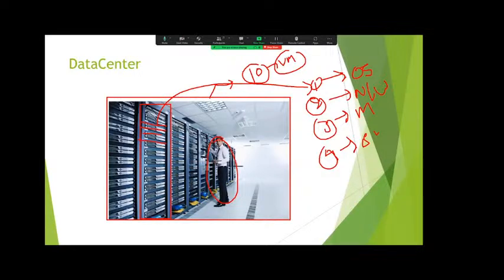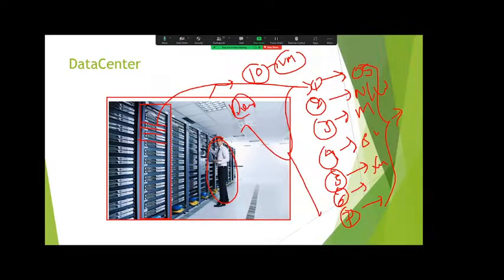Fifth step, we will configure the firewall rules. Sixth step, we will enable network security rules, virtual network rules, etcetera. Finally, we will verify whether all these servers are built based on the checklist or not. Once these servers are built, finally they would be handed over to the development team or project team, whatever we call it. To complete this process, minimum it will take 7 to 10 days.